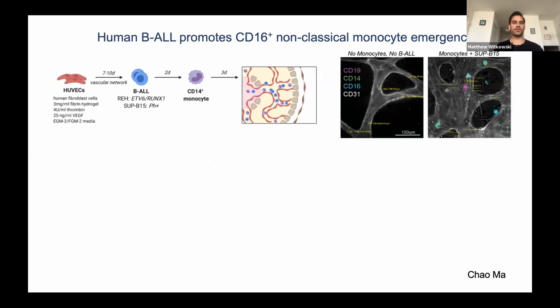So the setup here was to see, well, does a BALL microenvironment actually promote differentiation of CD14 monocytes towards CD16 positive cells? So we generated microvessels, and we either left devices without BALL versus devices that are seeded with B-cell leukemia for 2 days to allow some remodeling of the vasculature. Then we infused CD14 positive monocytes, waited a few days, and stained for vascular diameter of our microvessels and